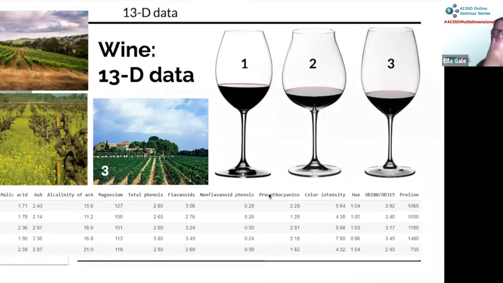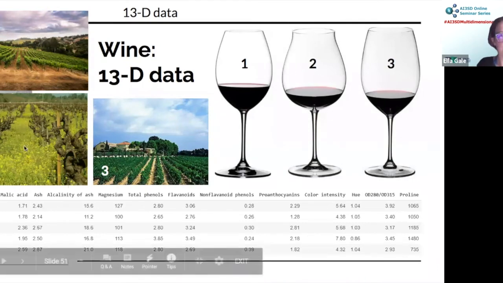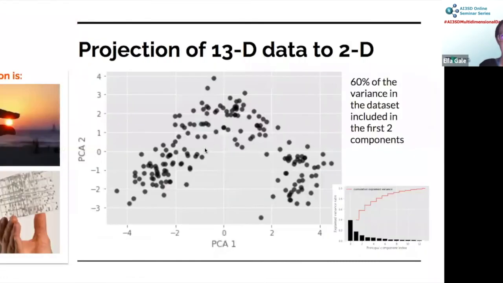Now the task we're going to try and do here is we're going to take this data and see if from the values on these 13 analyte dimensions, we can figure out which vineyard the wine came from. These aren't the original vineyards, and the original data, they're all quite close to each other. So there was a difference between them, but they weren't huge. Okay, so this is where principal component analysis comes in. So there are several ways we can use it. One common way is to actually produce pretty pictures of multidimensional data. This is often done because papers are printed in 2D.